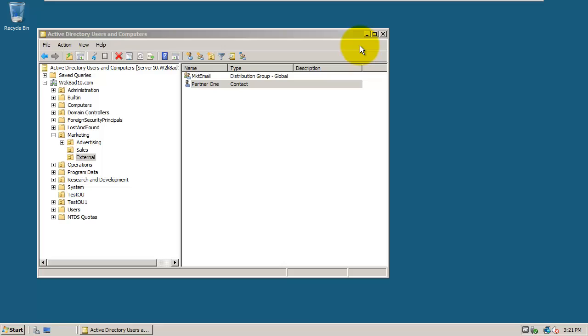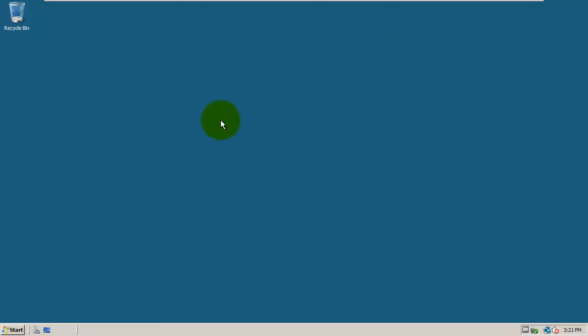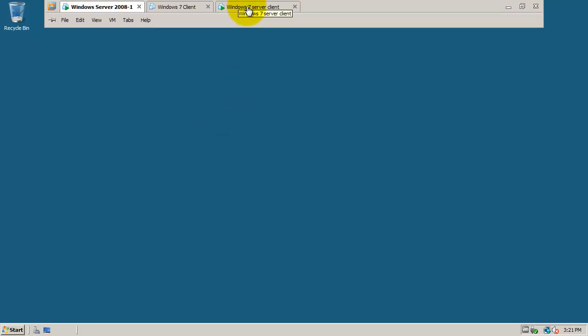We're going to be joining the Windows 7 computer to the domain, and now the domain is going to be taking all control of this. So let's go and just close that. We don't need this right now. We're going to be doing a lot of this stuff right from the Windows 7 machine. So if you have your Windows 7 machine available,